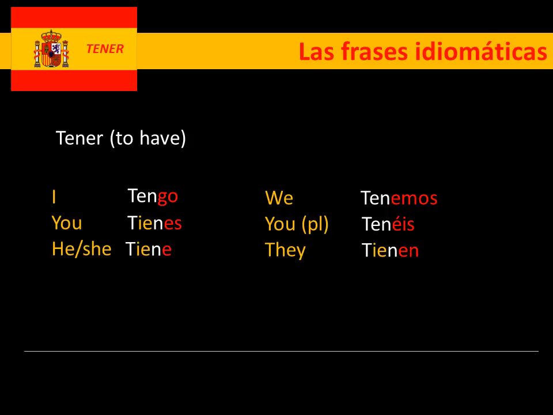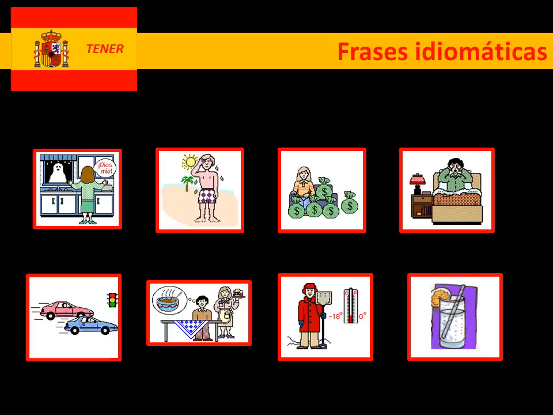Okay, so once we've learned this verb then, we can start to have a look at some of the phrases which work with this verb tener. I've got some fantastic pictures here to try and demonstrate what we're trying to do. First of all then, we're going to do everything with the first person of the verb tener. So it's tengo, and just to remind you, it's the yo form, okay, just for this example.